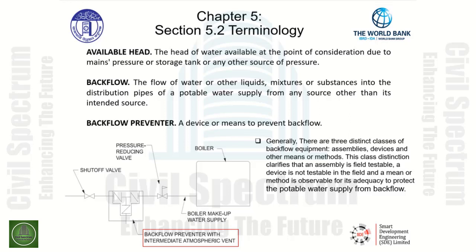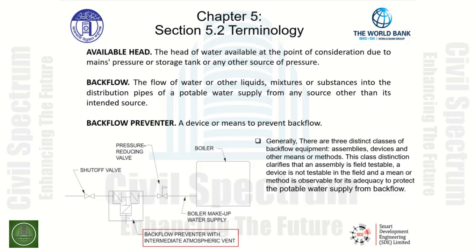As seen below, consider a boiler. A boiler has a connection to the potable water supply called makeup water. As can be seen in the graphic here, we have a backflow preventer with an intermediate atmospheric vent. Now,